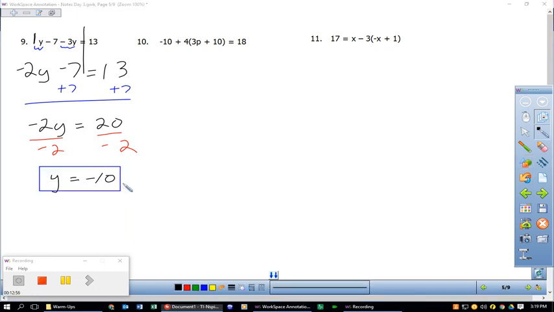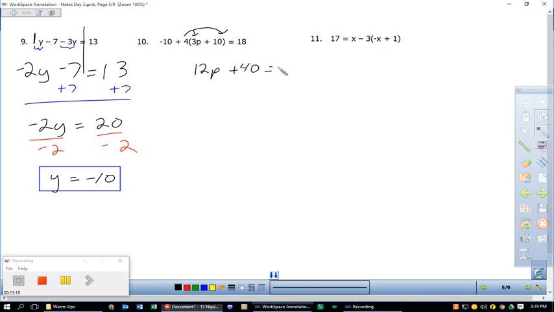Number 10, we have negative 10 plus 4 times 3p plus 10. That means we're going to have to distribute right here. The parentheses give that away. So we'll go ahead and do that now. 4 times those two guys right in there. We should get 12p plus 40